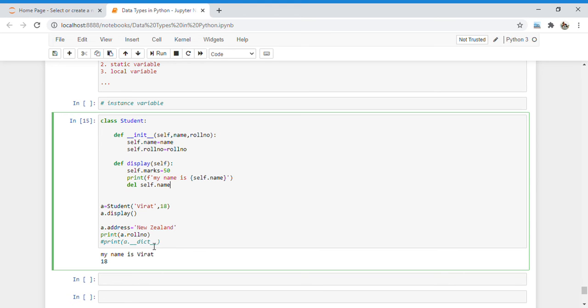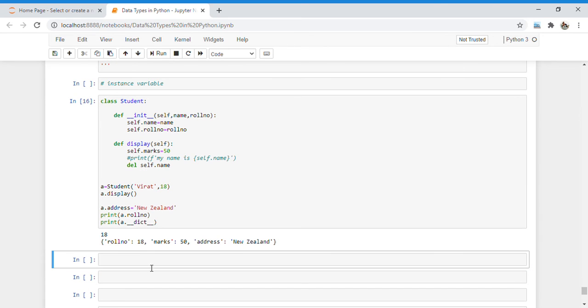Now if I check whether it is deleted or not, I first run the total number of instance variables.